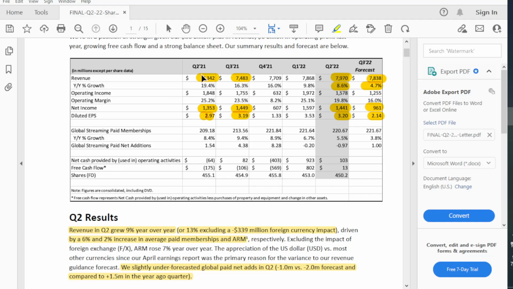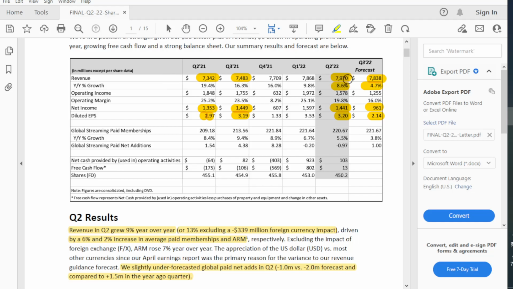So here I have the prior year's quarters highlighted, so Q2 and Q3. So they did give us forecasted numbers here. So that's what I like about Netflix. They do like to give us forecasted numbers. So if we're looking at revenue, we came in at 7,970. Do keep in mind this information is in millions except for per share data. So right here we got 7,970. That's comparing to